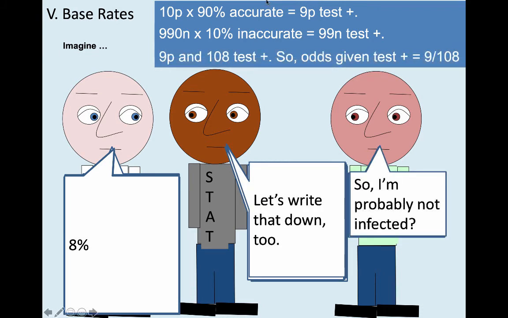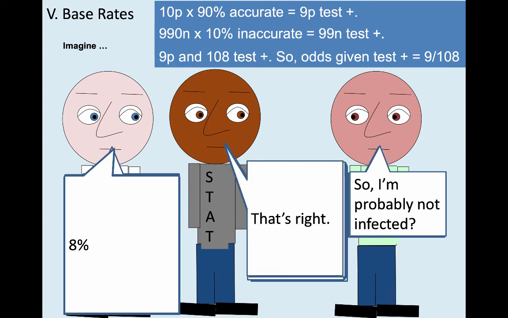So we have 9 people here who are actually positive, testing positive, and there's 99 who aren't positive, testing positive. So we get 108 total positive tests. 9 of those are actually positive. So the odds that you're positive given your test are 9 out of 108, which is 8%. So the statistician says exactly. Now,